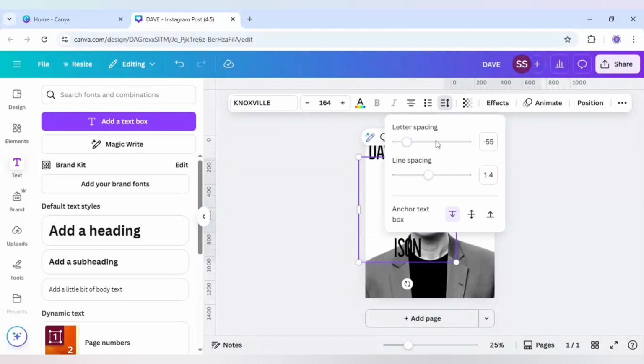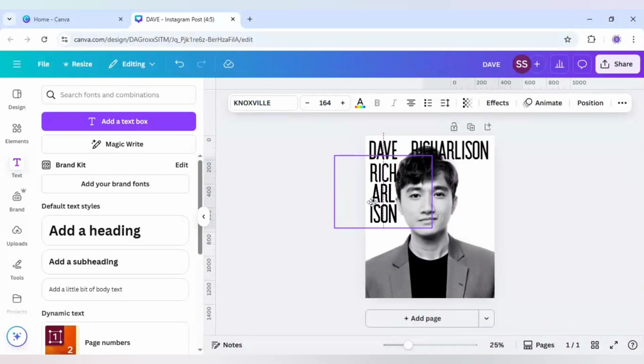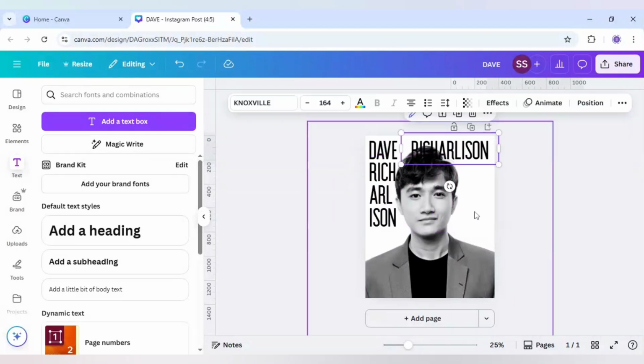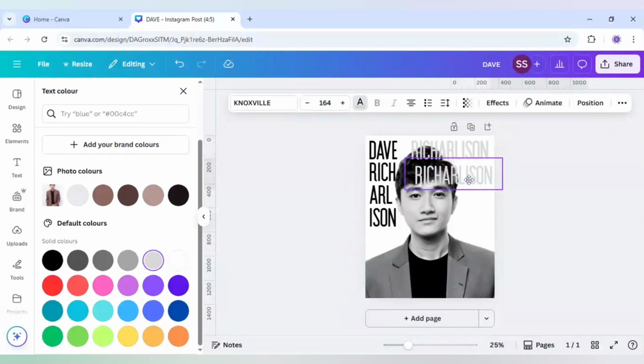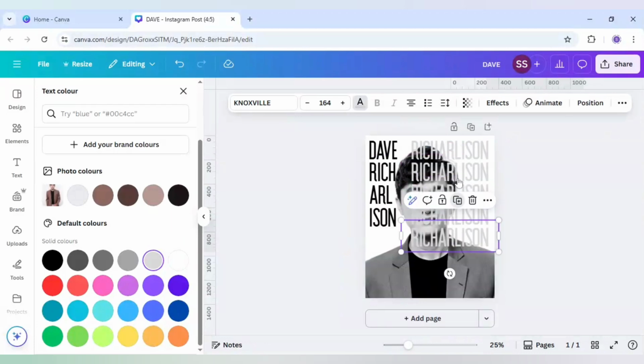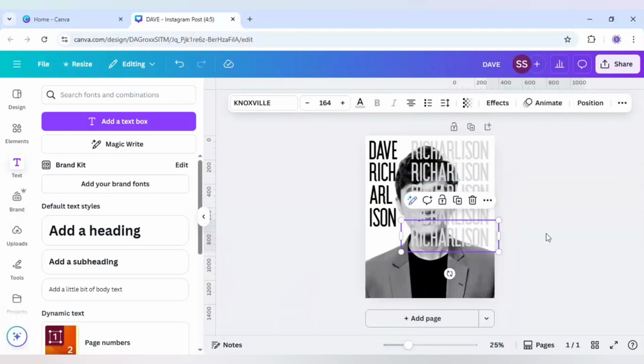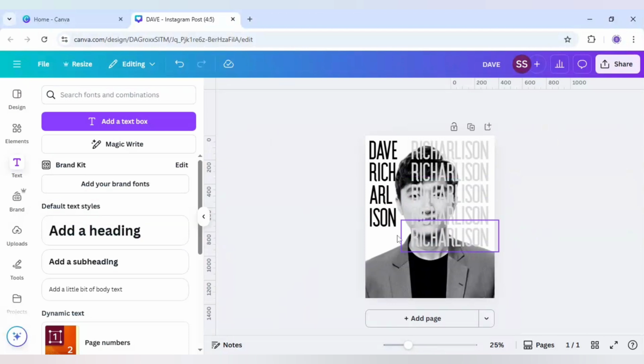Okay, and after that I will decrease the line spacing here, bring it right here, and after that I will make this text a bit gray color, so like this, and I will just duplicate it and place it right below it. Again duplicate it, keep on duplicating until it reaches here. Okay, so like this, and